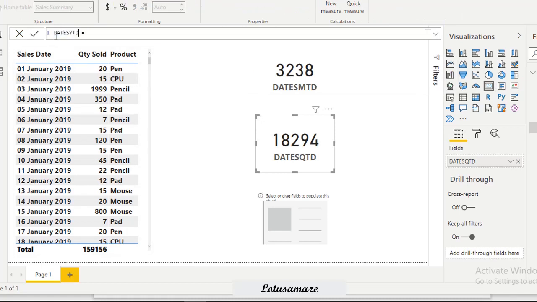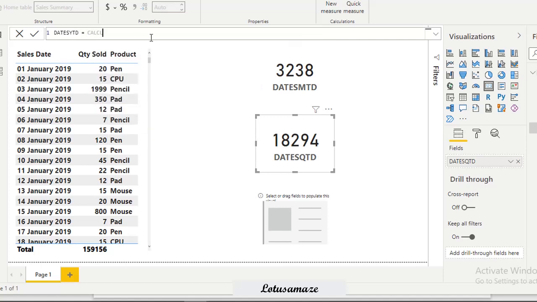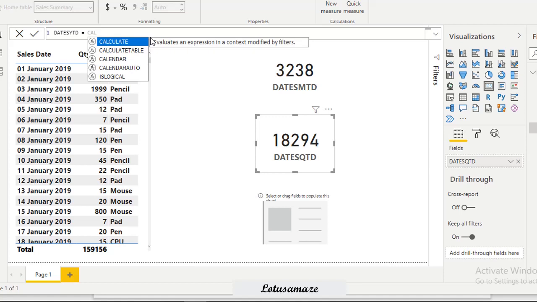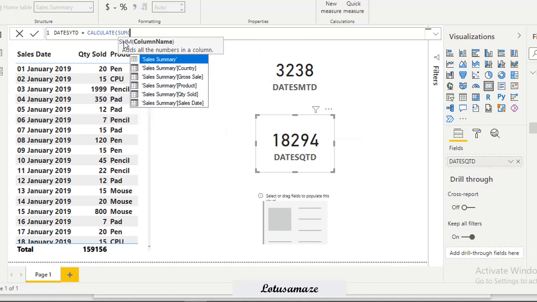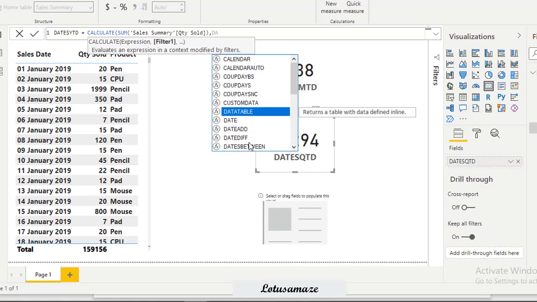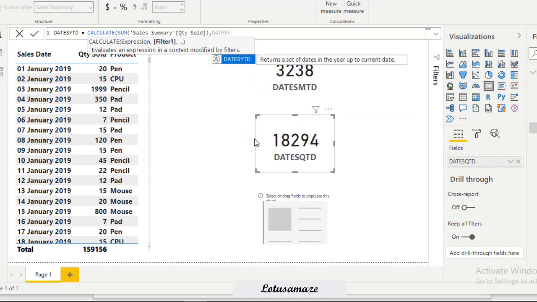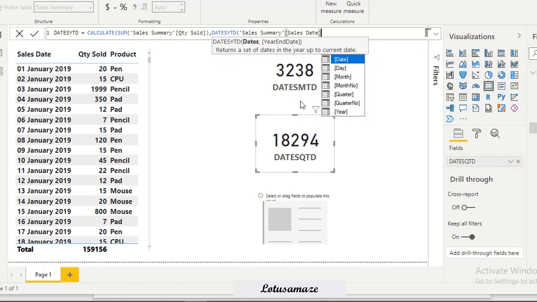Now we create a new measure for DATESYTD. CALCULATE, then sum of quantity sold. For the second parameter of CALCULATE, the filter, we will pass DATESYTD, then the sales date.